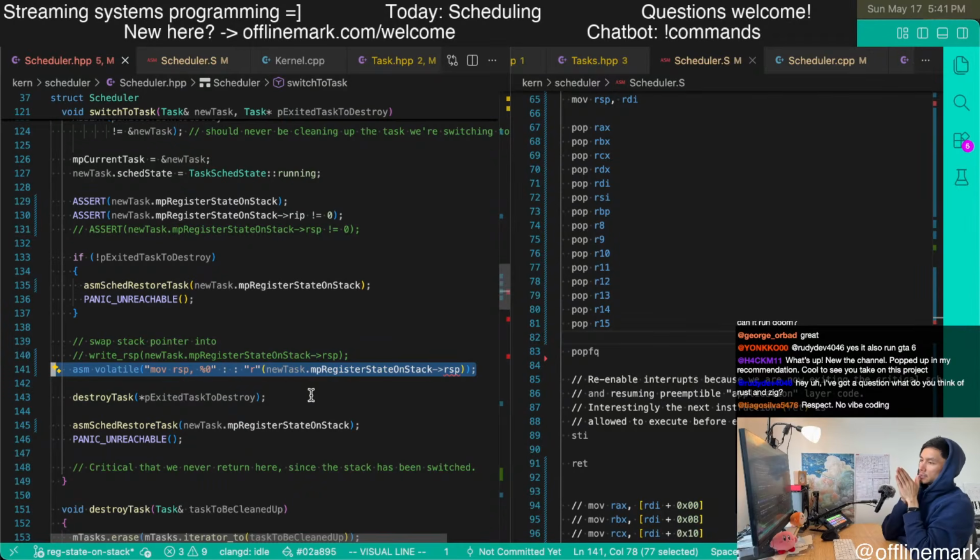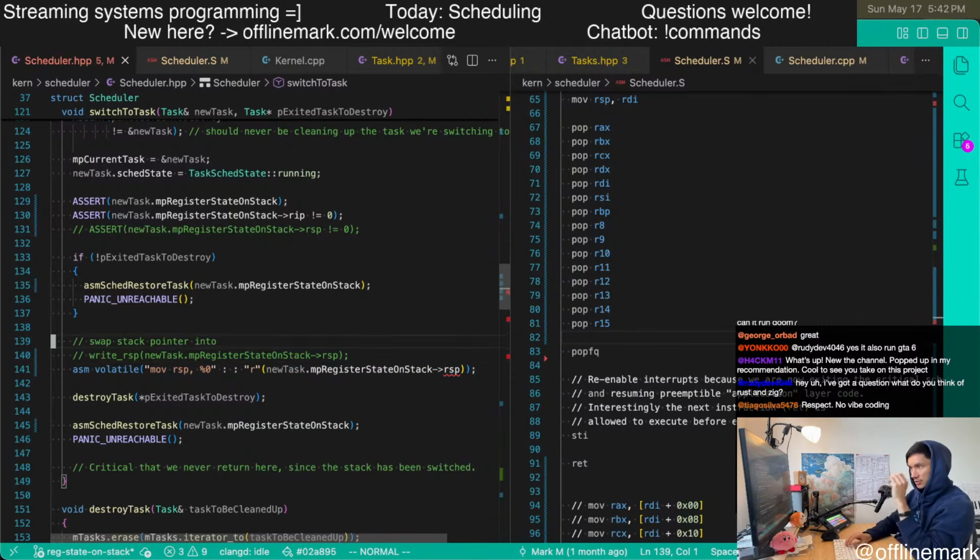And in order to do that, we need to switch stacks. So we have the old task. It is exiting. It runs the scheduler to select a new task, and as soon as we have the new task, we can switch stacks onto the new task's stack and then be in a comfortable, safe place to destroy everything.